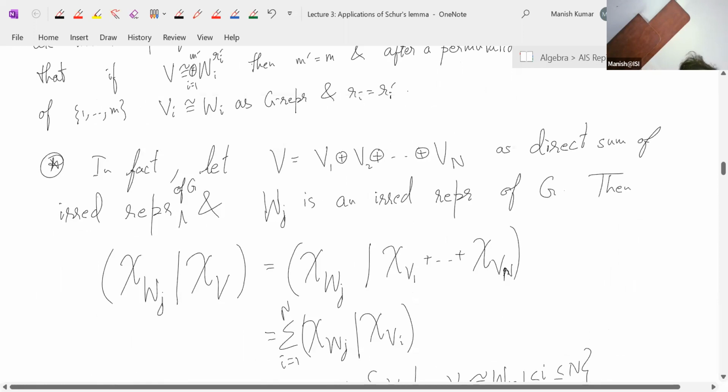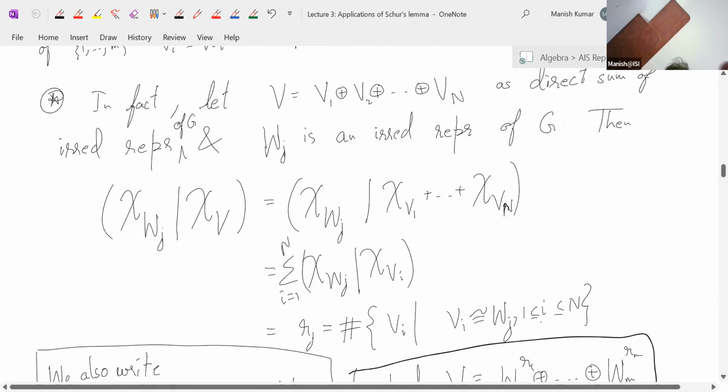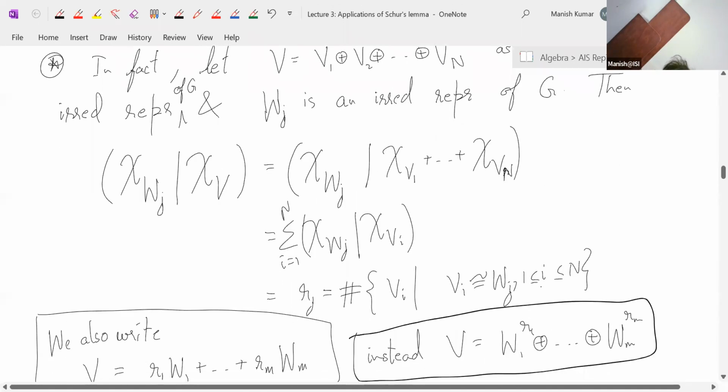So you can see that if you are given a representation and all the irreducible representations of the group, then you can figure out how the given representation looks, how many copies of a particular irreducible representation there are, by doing this trick. You pair it with the character of the irreducible representation, and the pairing you get is a number, and that number is the multiplicity of the irreducible representation